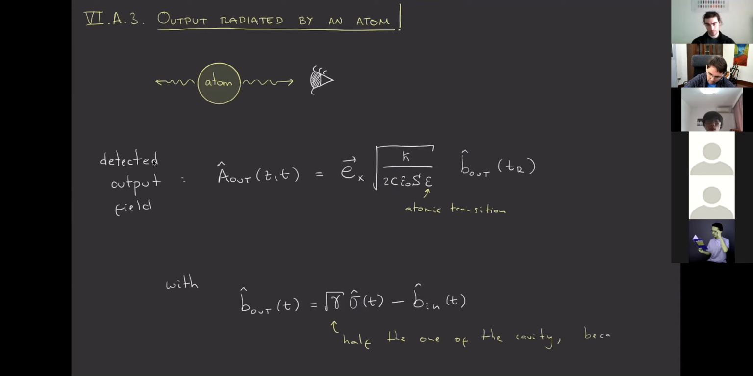Because we are missing half of the emitted field. So nothing special, okay? So then we also have a theory of inputs and outputs for the atom, for an